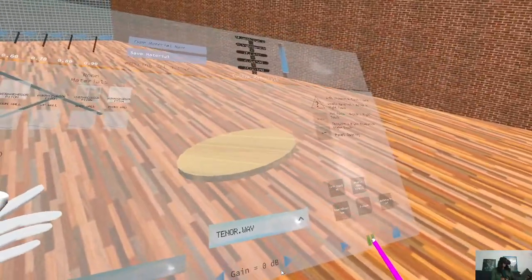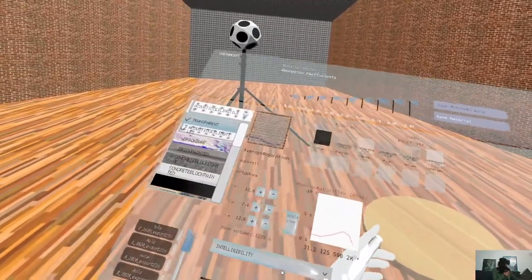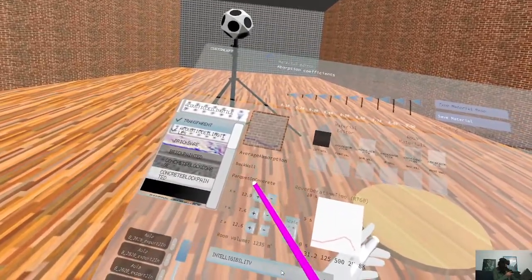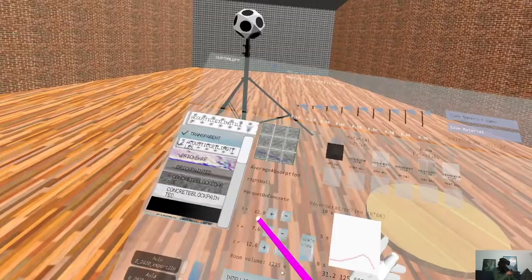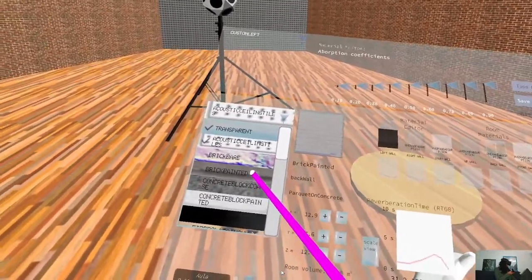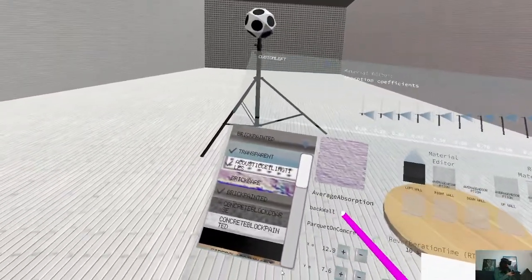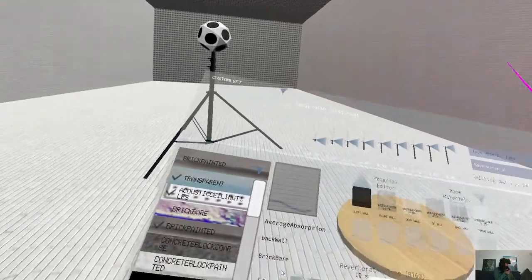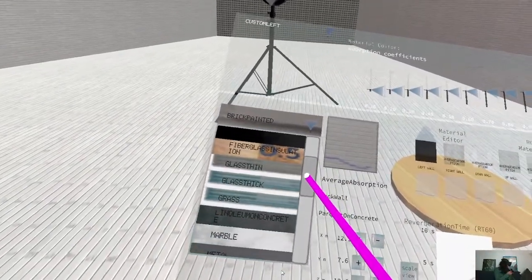What I want to show you is that we can inspect the original materials, parquet on concrete, plastic, and we can change them. So if we bring some, you can see that the material is updated and the reverberation time is calculated.